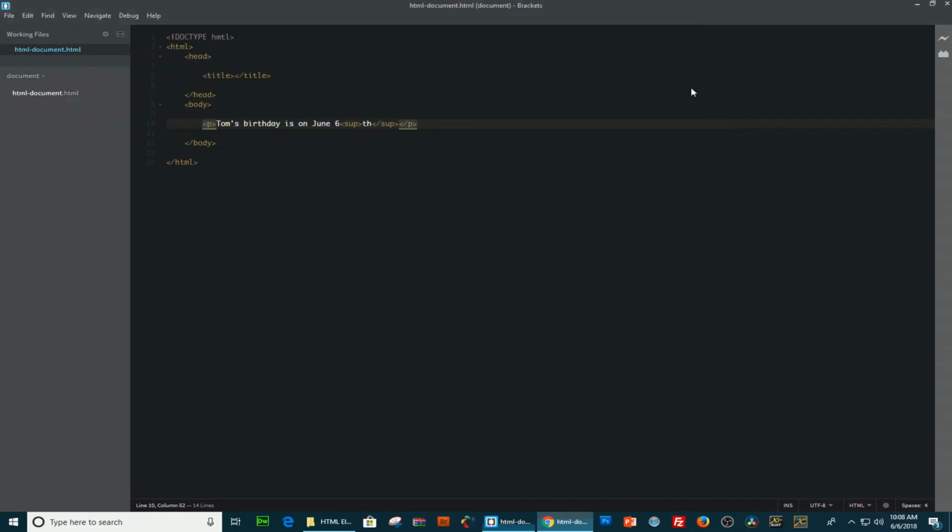the baseline. Next, we have our subscript element, and the subscript element displays a subscript text, and it's a semantic element as well. This element also appears lower, smaller, and between the baseline, but above the center line of the text. A great usage example of this element would be chemical formulas. So we're going to create another p tag here underneath it, and I'm gonna enter the